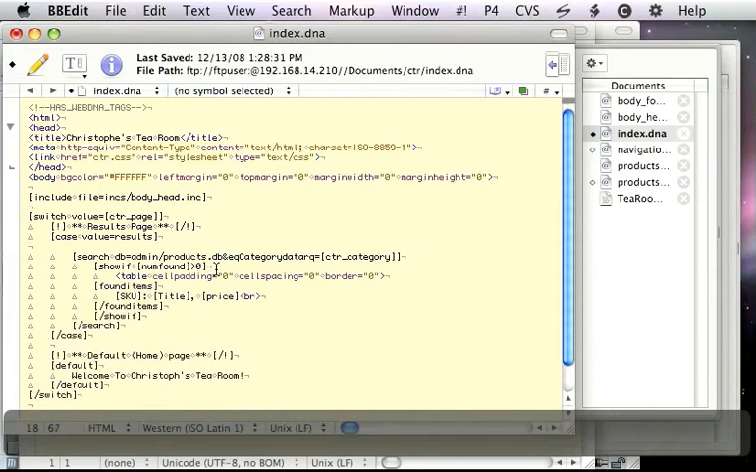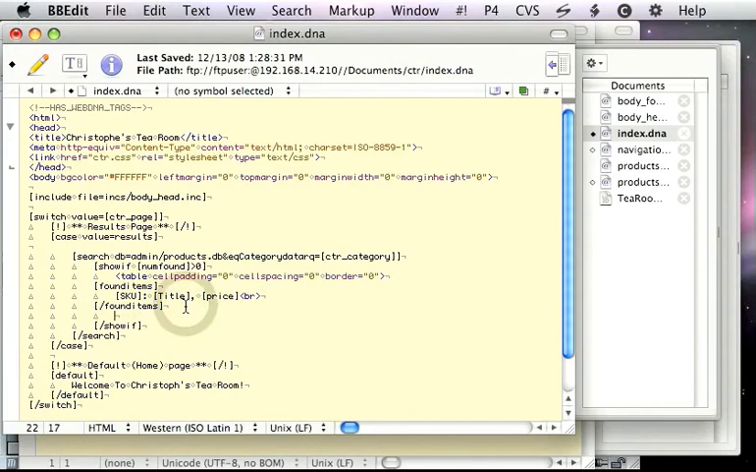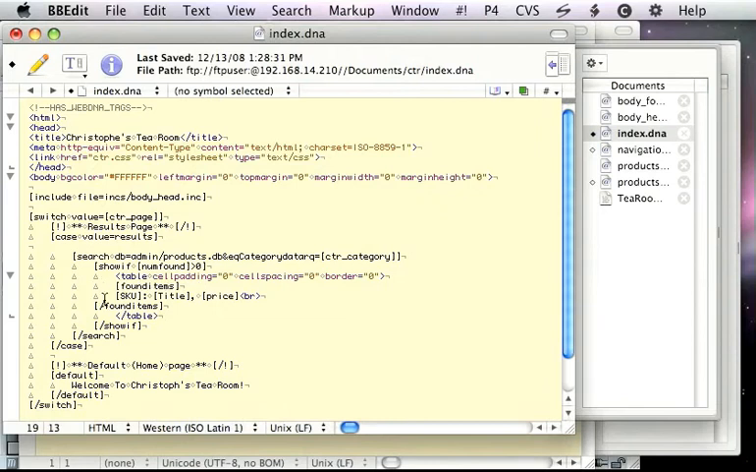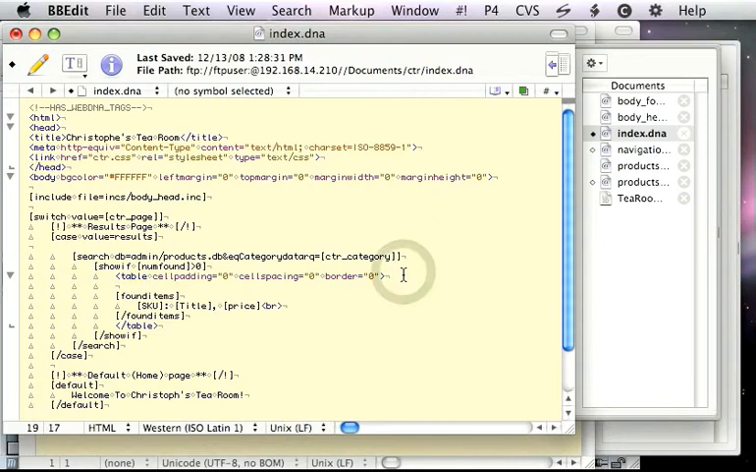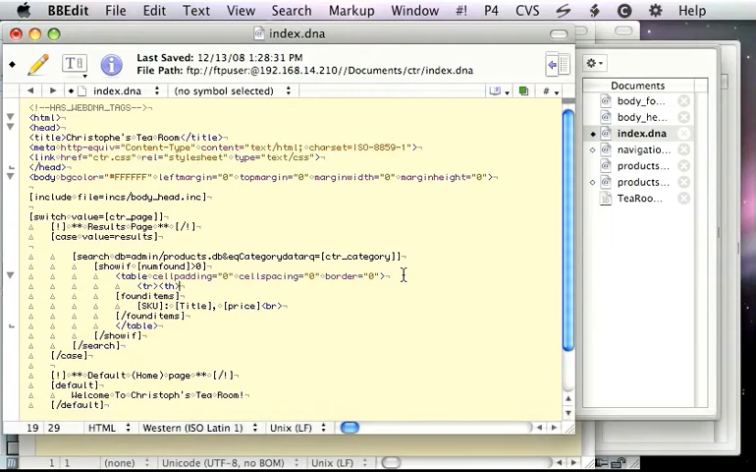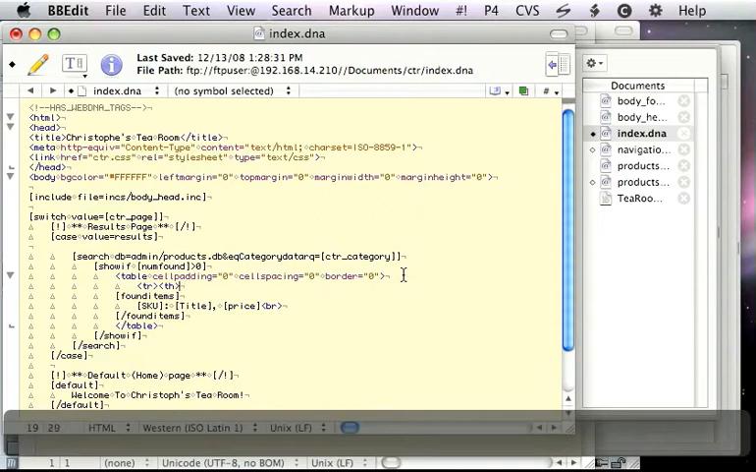So we're going to create a table here. And inside this table we're going to first put the table headers. So we'll do th, and we're going to say we want to list the SKU, we want to list the title,